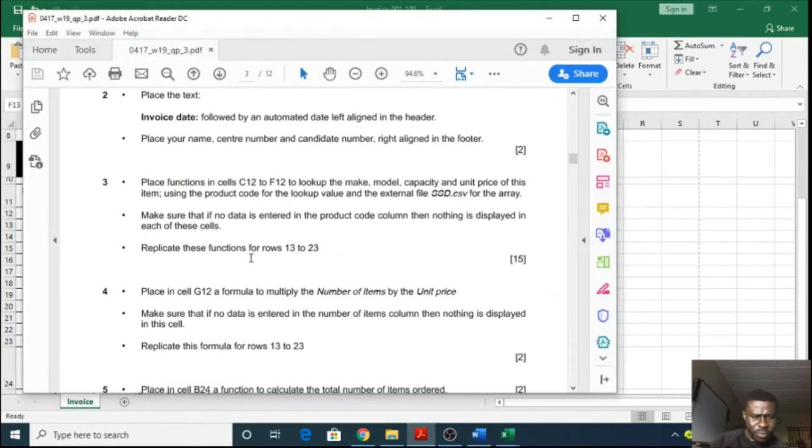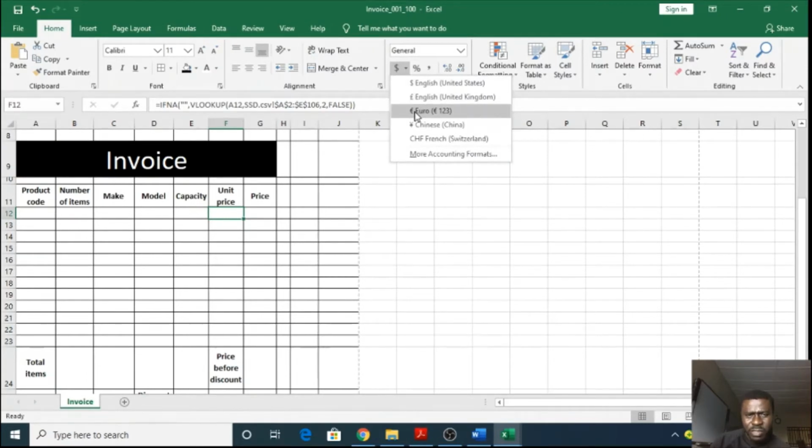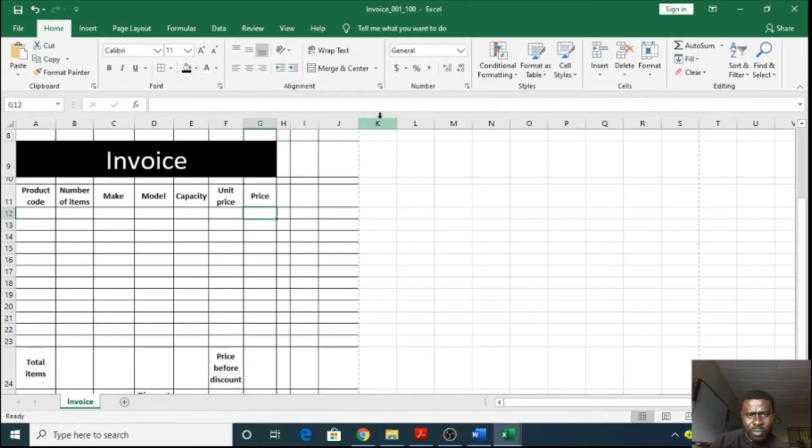Moving forward, what do we have now? Replicate these functions for rows 13 to 23, down there. There's something I want us to do about the price, so that the dollar sign, the pound, euro sign they requested will just appear at once when we have values inside. You remember before now there were no signs appearing. So let me do SSD1 and then